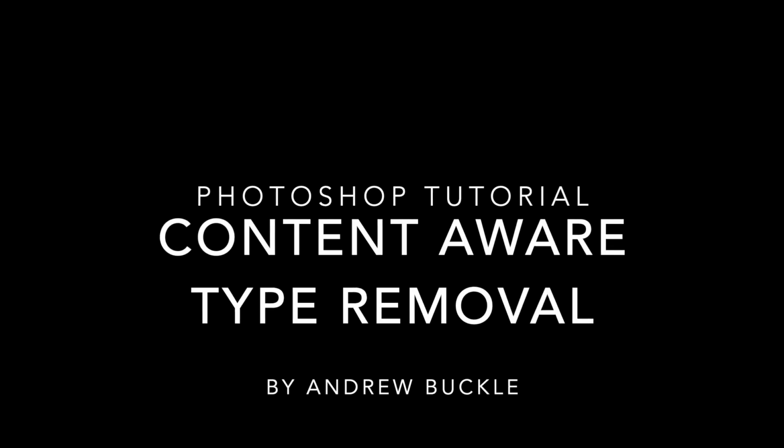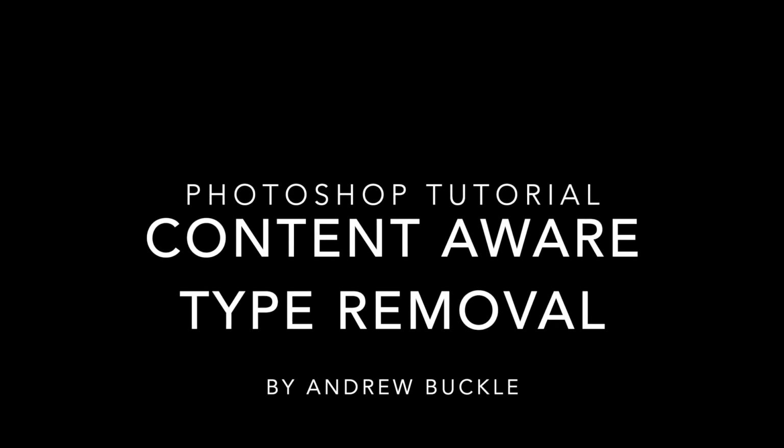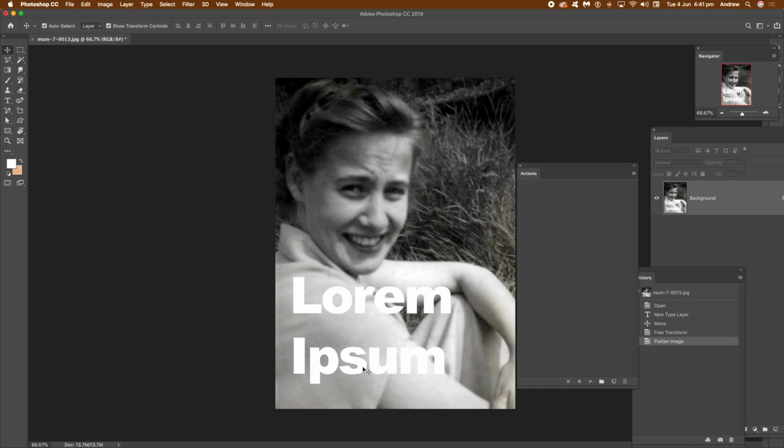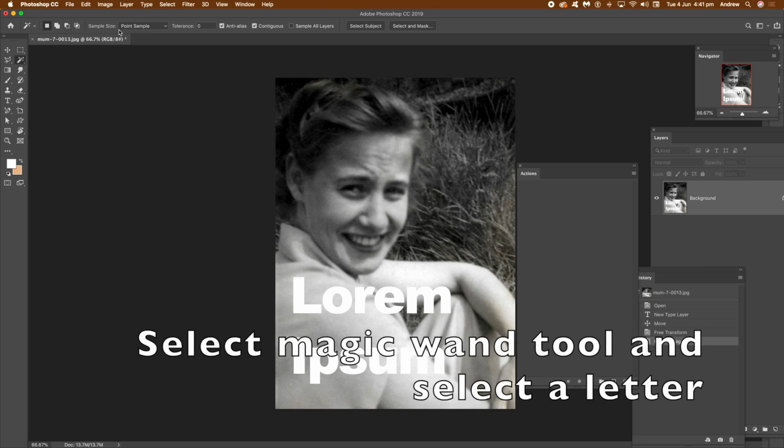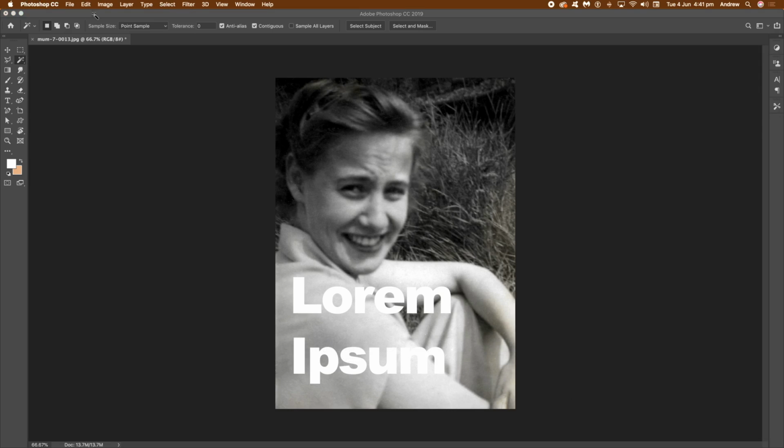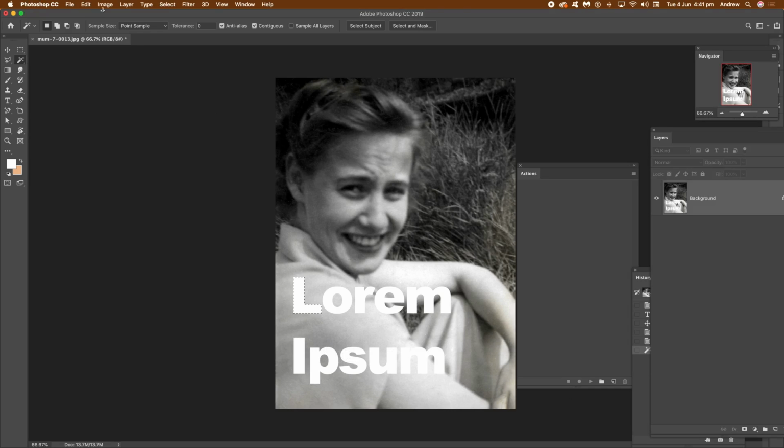How to remove type from an image using the fill and content aware. Now I could select the whole word, I could select everything, but the best way to do it is select individual letters. And I'm just going to go to the magic wand and I'm setting tolerance 0. Just select the letter there. And then just go to,